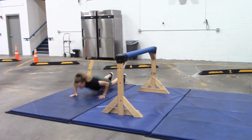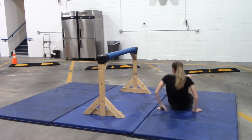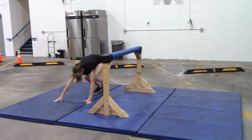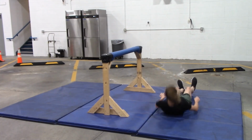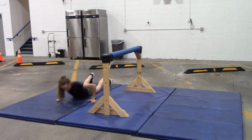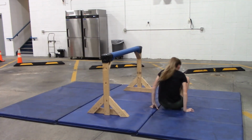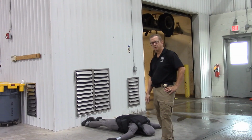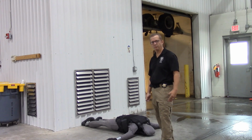Chest to the mat, up and over, back to the mat, up and over, chest to the mat, up and over, back to the mat, up and over, chest to the mat, up and over, and then back to the mat, and you're on to the next station. Good. Okay, then after you've done the vault, and you're almost done, pretty exhausted at this point, we have you